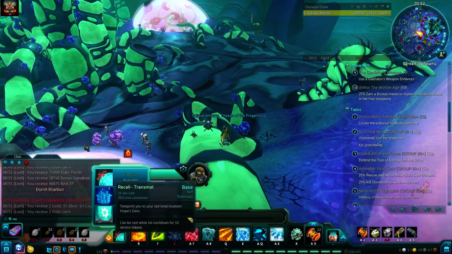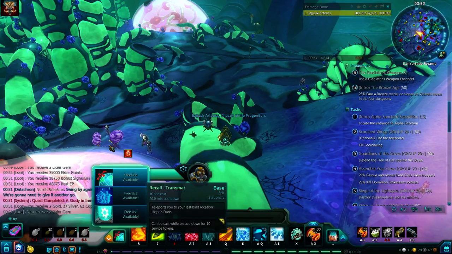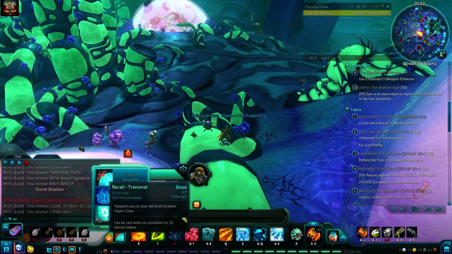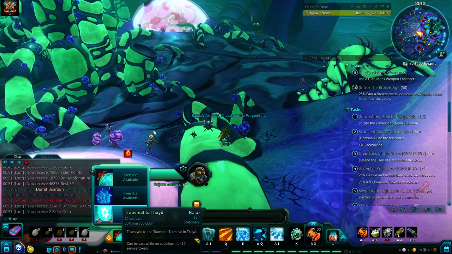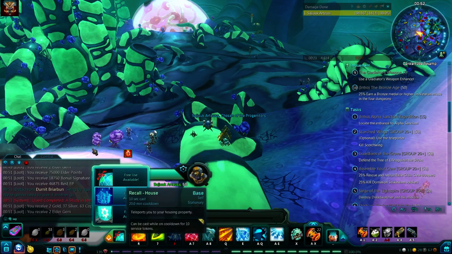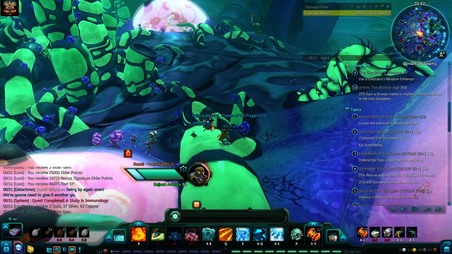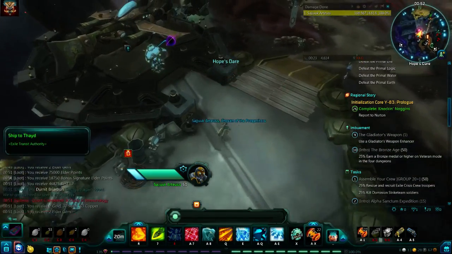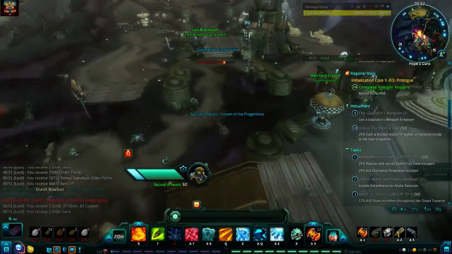This is another thing to pay attention to. You can have your recall transmat, your teleport to your home city, and sort of alternate between them. Your recall is 20-minute cooldown, transmat to Thade 30-minute cooldown. So this recall, putting it on one of the starter zones, or even just putting it in Thade, is a good way of doing it. It doesn't really matter which one, because you have teleports to and from Thade right next to these bind locations. Then it's good that I changed my mind. So it looks like,